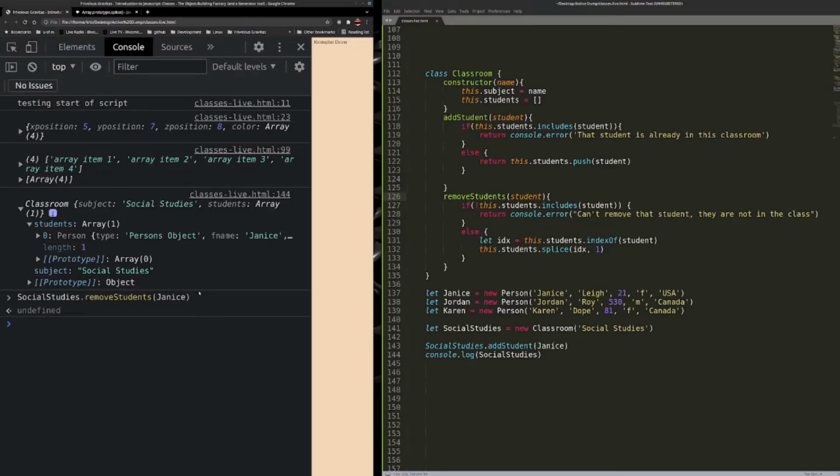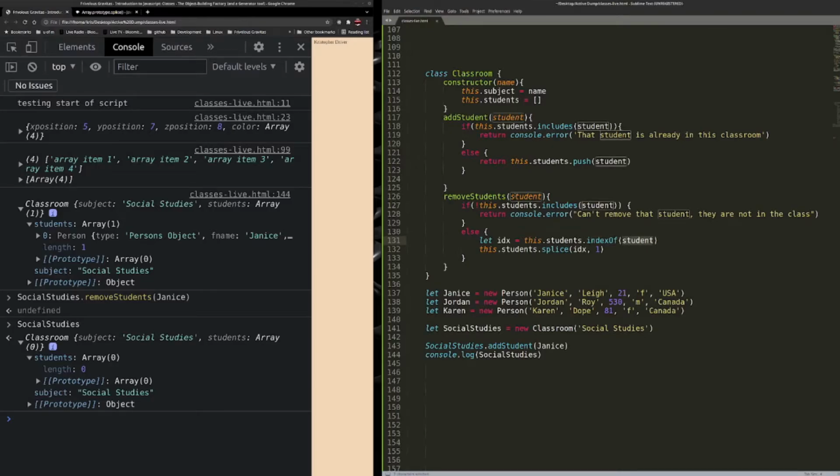And then I just need to see my social studies object again. And if I check the students, they should be empty. Yeah, there you go. So it worked. So this .students.splice takes the index, and I had to look up the index first, and I had to pass in this to find out which index of the array to track, and then I use that index to remove one element and replace it with,